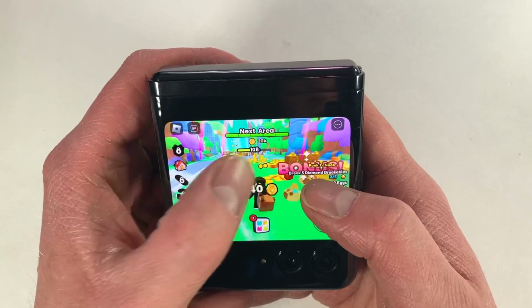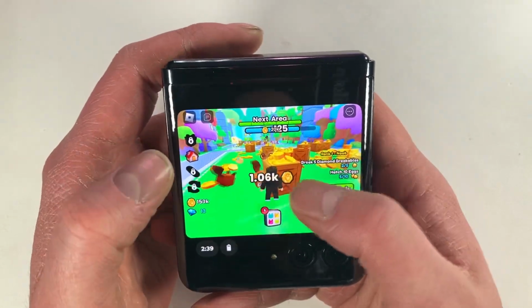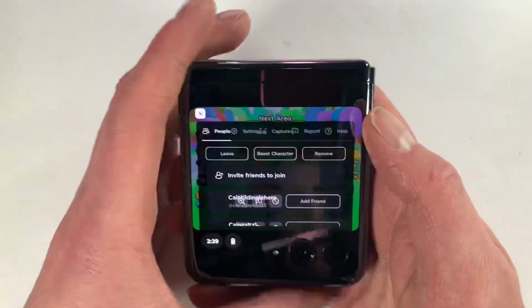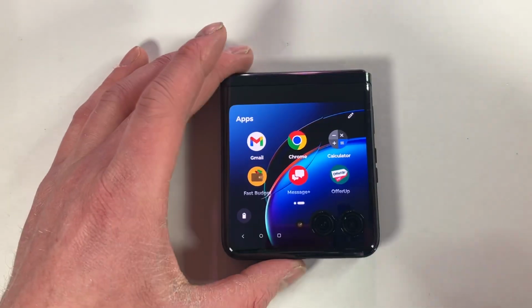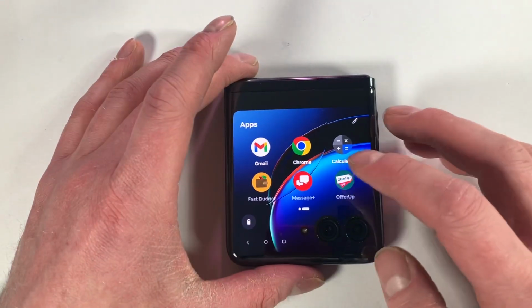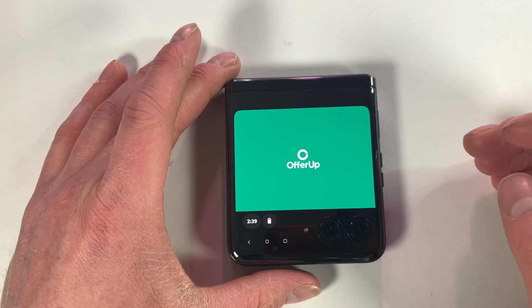But again, if you're going to be playing games on here, I don't know why you wouldn't just use the main screen, but to each their own, I would say. Now, not everything is all cherries and rainbows, or however you want to say that. So we're going to offer up here,